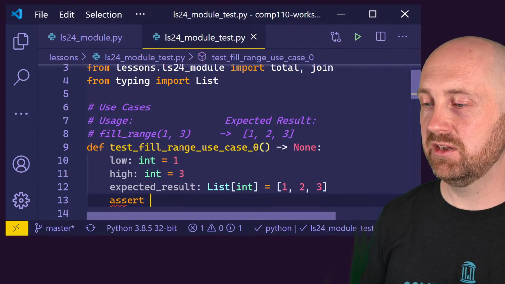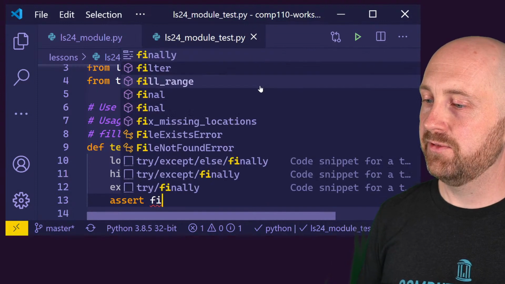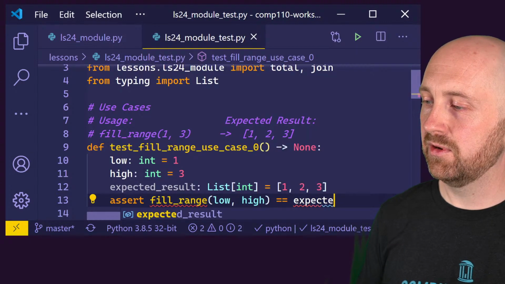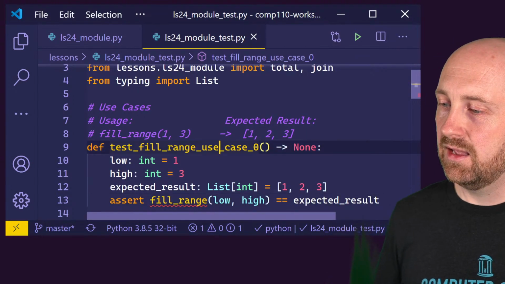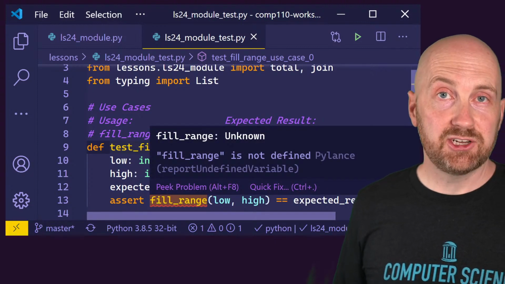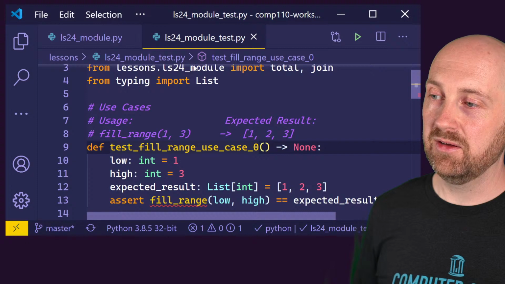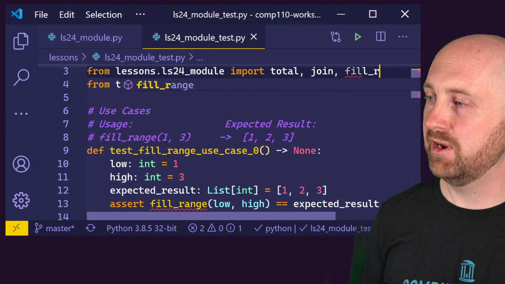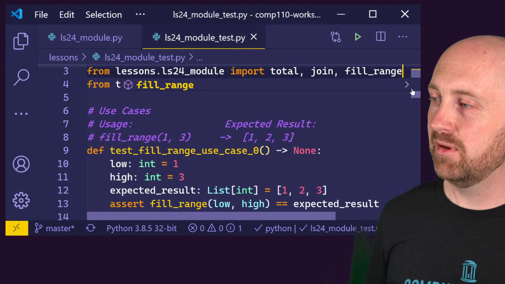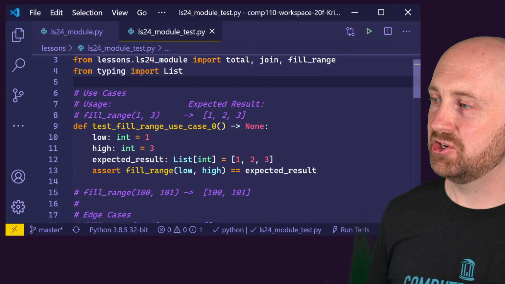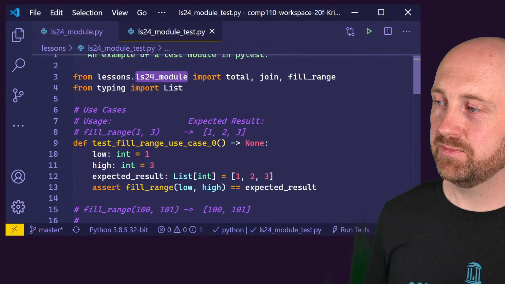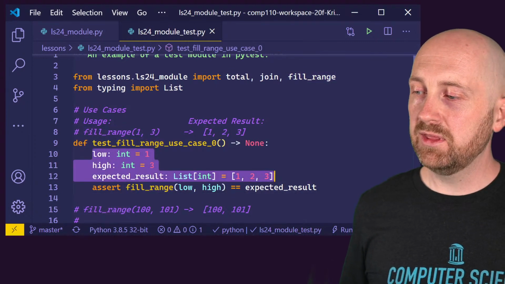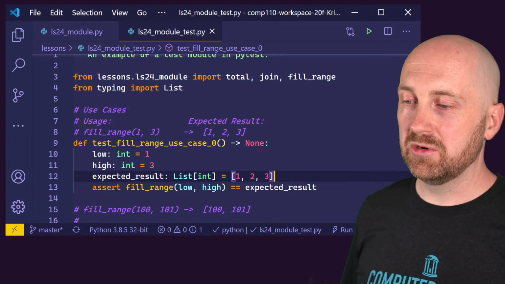So we can have an assertion here that is assert fill_range(low, high) is equal to expected_result, right? And we are seeing that we didn't actually import fill_range. So we had imported total and join from our ls24 module. So I also need to import fill_range to make that name be bound to the definition in the ls24 module, right? So I needed to import that function, and now we can call that function. One little piece of additional